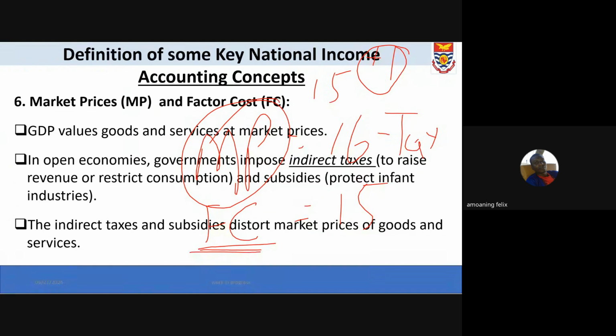Secondly, government gives subsidies. Government may also give some transfers. If the government has given a subsidy, it is going to reduce the actual cost of the product. Government gives subsidies to firms so that they become competitive, so that they can sell at a lesser price on the market. I'm not talking about less quantity, I'm talking about a lesser price on the market. So if I want to know the actual cost of whatever was sold on the market,